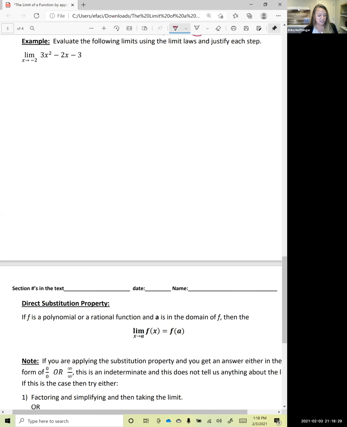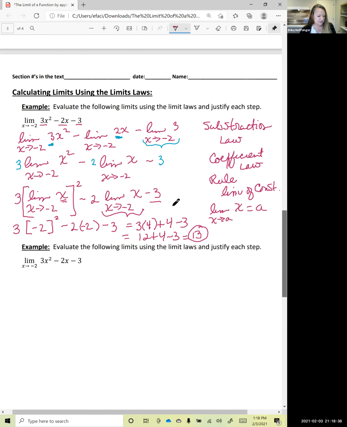Okay, so we actually just saw this example and we justified each step that we were doing. And I can just come up above and show you again what laws we were using while we were doing this. Well, there's a much easier way to find this limit. Basically, it's just direct substitution. And that's always the first thing that you want to do when you're looking at limits as x is approaching